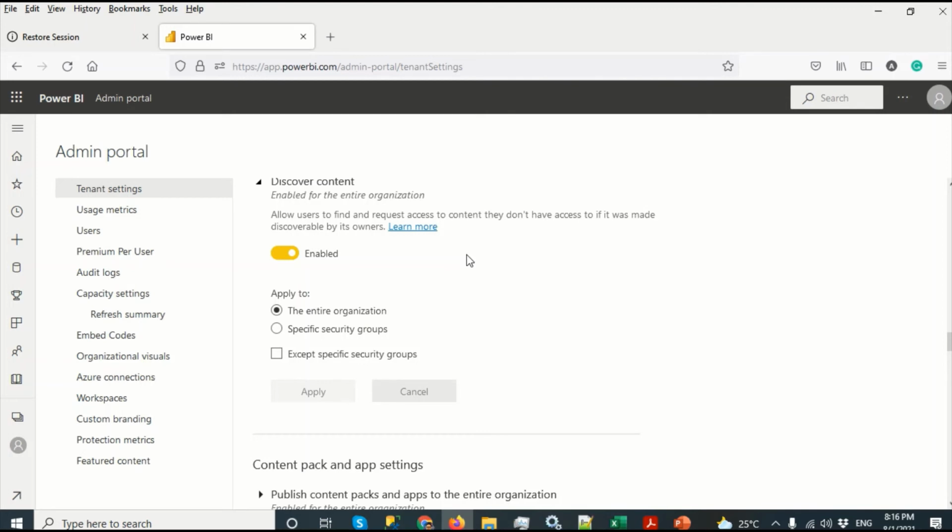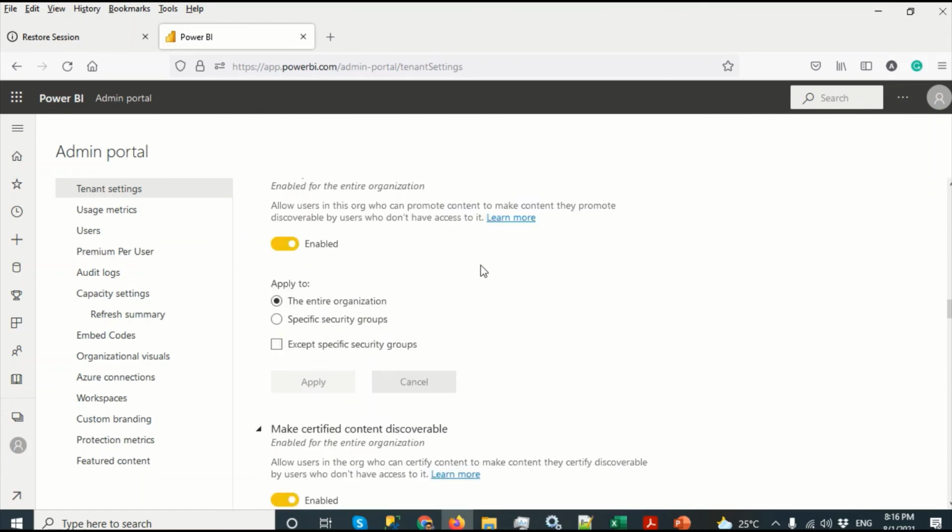So once we have made the discoverable content available, or the certified discoverable content enabled, we should make sure that every user is able to discover it, unless there is a certain set of users you want to exclude. The maximum you can do in this setting is exclude specific security groups. But I think you should give this permission to everybody in the organization, so they are able to discover the content and apply for it to be made available to them by the owners. Sometimes these things can be automated by your internal systems, which is another thing you can try. So these are three important settings around the discovery of data.